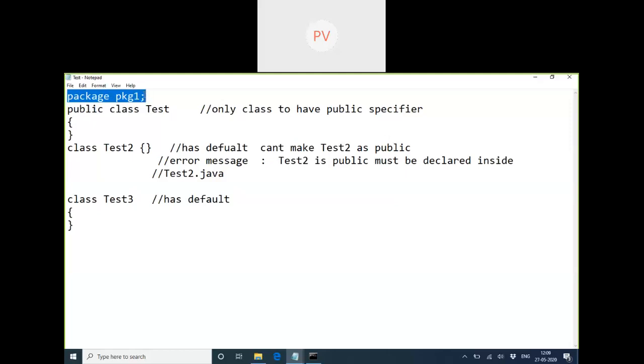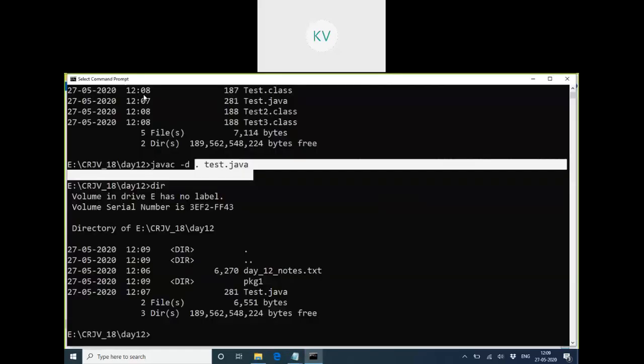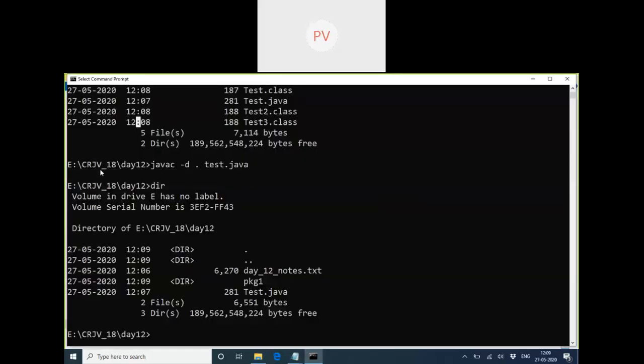Package 1. But where is it going to create that package? From where we compile. What is the compiling location? This location, day 12. So the current path is this. Current means dot. So one directory above the current path, which is day 12. So inside day 12, package 1 is generated.